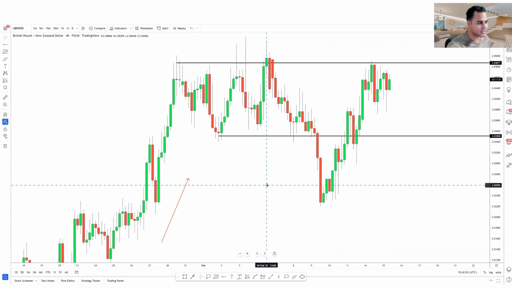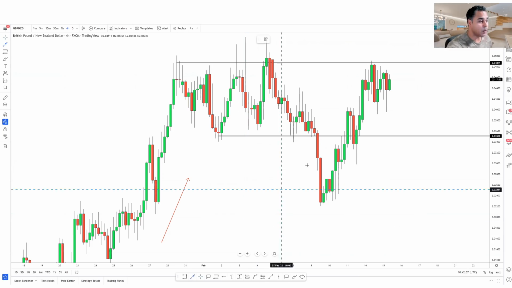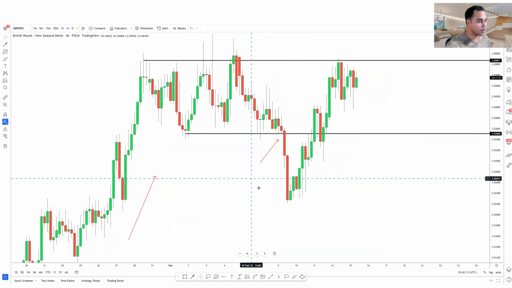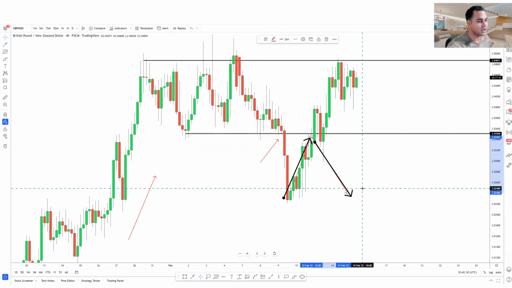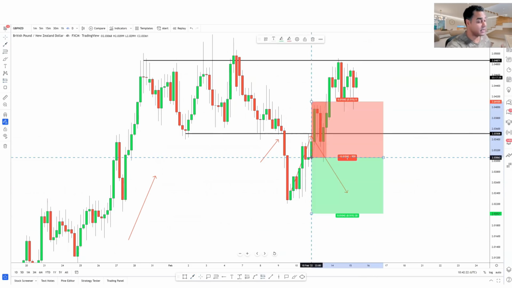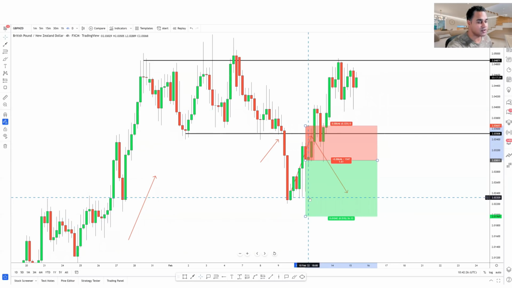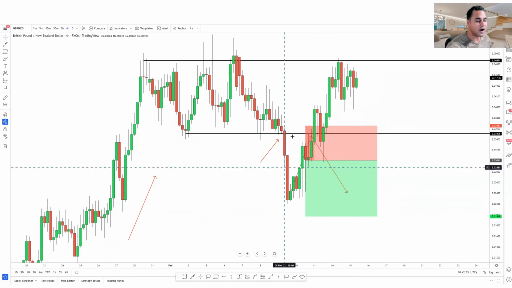Now, this is where the misconception starts to derive from, really, because once price breaks the structural low, in the back of your mind, you start to think that the trend is going to continue bearish. And what you will find traders will do is they'll wait for price to come back to these levels, and then they'll look for their trading opportunities. The problem with this is, and again, it's not wrong to trade like this, but if you take a trade in anticipation of price retesting this level and continuing bearish without one important factor,